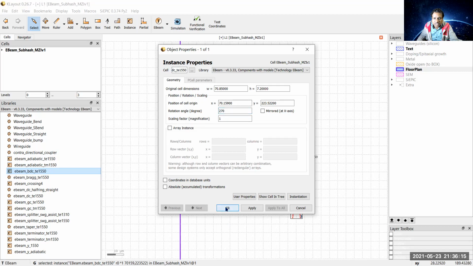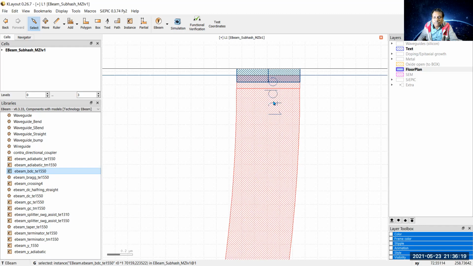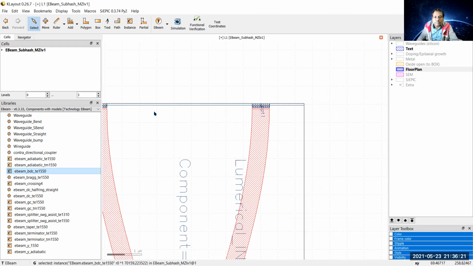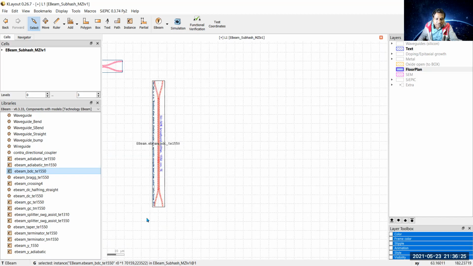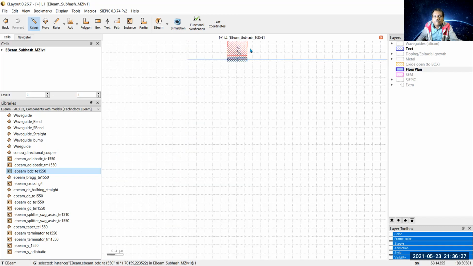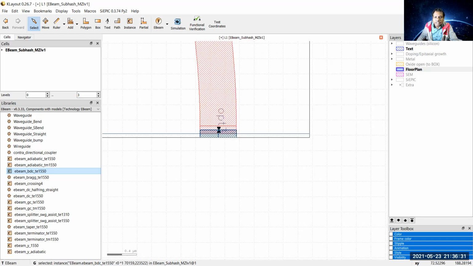So I click OK. You can see now port 1 is visible here, and port 2 is here. And the outputs which we connect here, you will see port 4 here and port 3 is here.